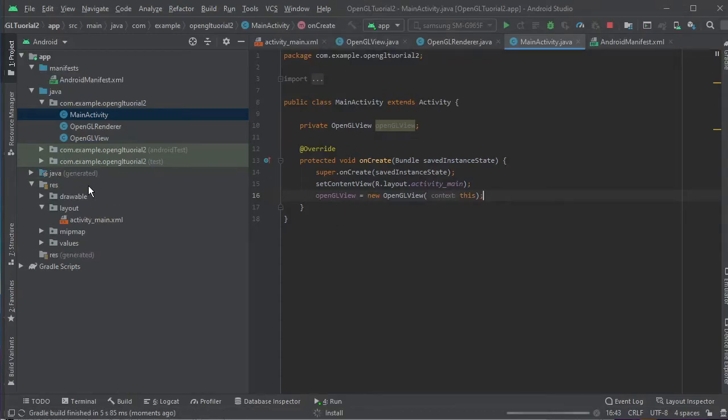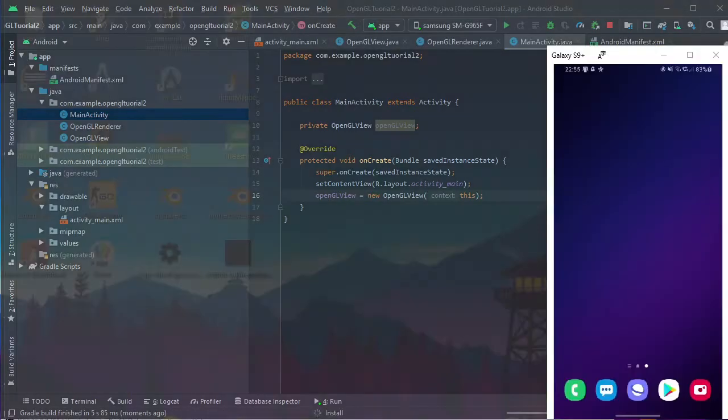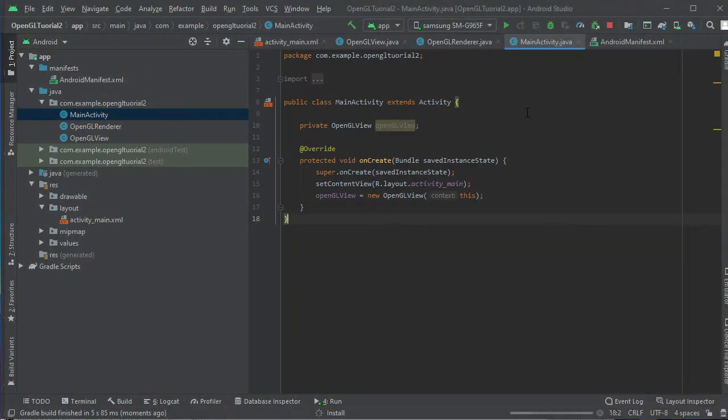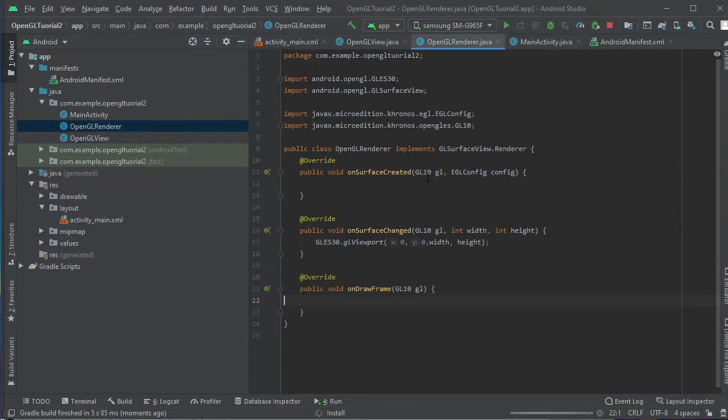So yeah, the next thing we will be doing is look at our phone screen to see if anything changed. Okay, everything's fine. I just clicked on that one option here by accident. Yeah, so let's go back to our renderer. And what we're gonna type here now is